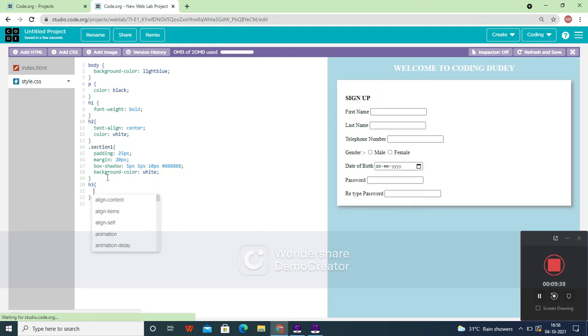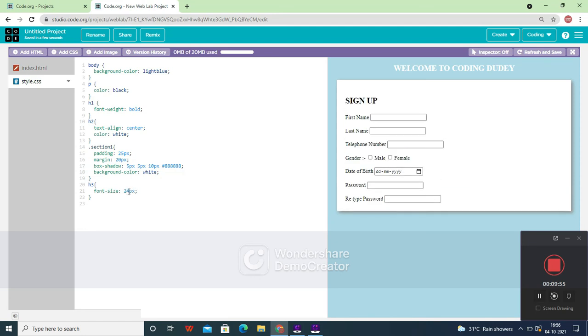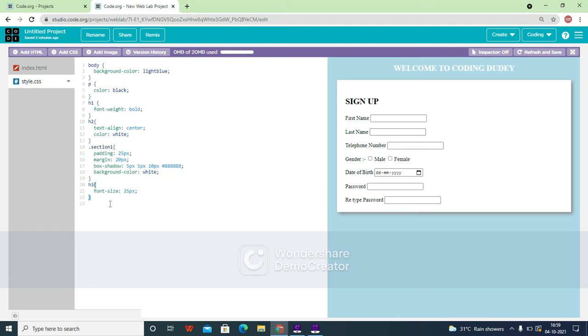Text align center will give. Oh, this is okay, right? Let's increase the font size to like 40 px. Just refresh and see. Okay, 40 is too much, let's give like 25 px. Okay, this is good.